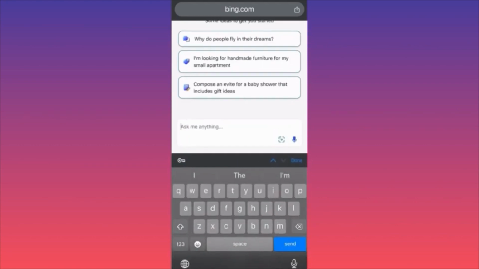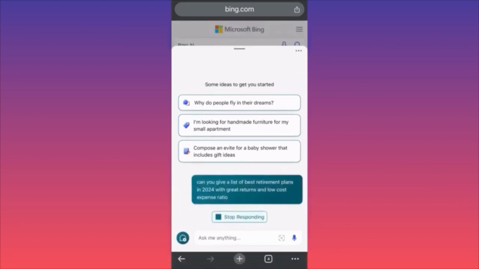And in this particular example, guys, we are going to ask about best retirement plans. Can you give us a list of best retirement plans in 2024 with great returns and low cost expense ratio? Okay guys, so we're going to send the algorithm back to Bing search,